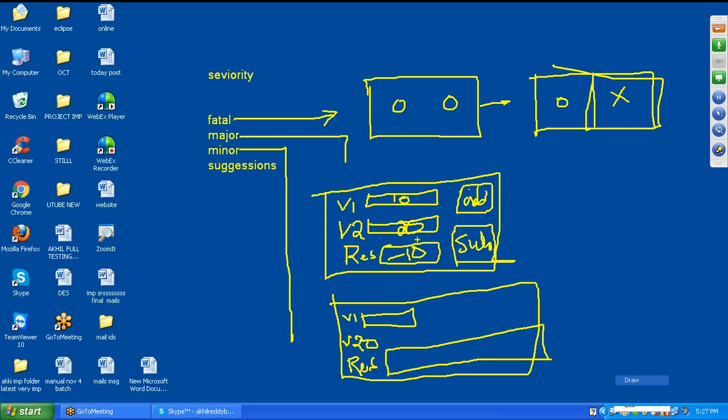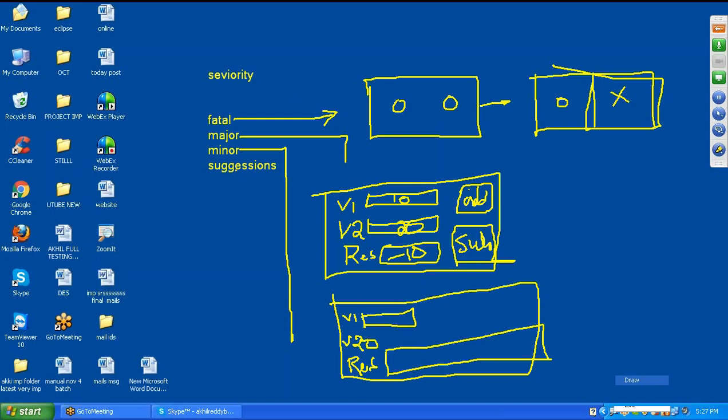Whenever the customer gives the requirements, he will compulsorily say that each and every button's alignment should be good, and each and every button in the application should be consistent with each other. But here one button is very small, one button is very big, one button is medium. So this is not a look and feel application. Here look and feel is missed. These defects are known as minor defects.